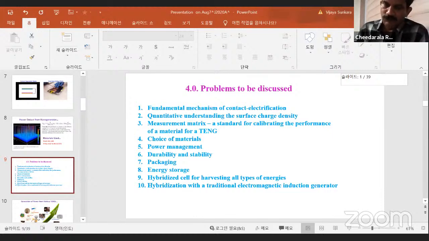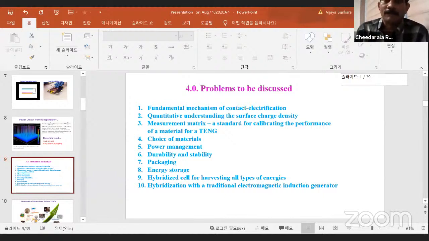And what are the problems to be discussed in triboelectric nanogenerators? This is very important, and these are the key features we have developed. The fundamental mechanism I already explained, that is contact electrification and the quantitative understanding of the surface charge density. If the surface charge density is very high, you can generate more power from the surface. So our role is to generate more power density and high surface area nanomaterials, which we are generating in our laboratory. And also measurement through these materials, and the choice of the materials are very important,